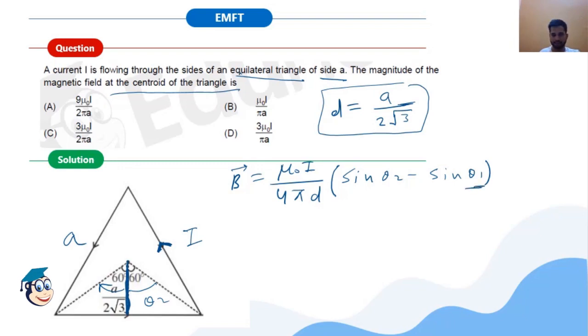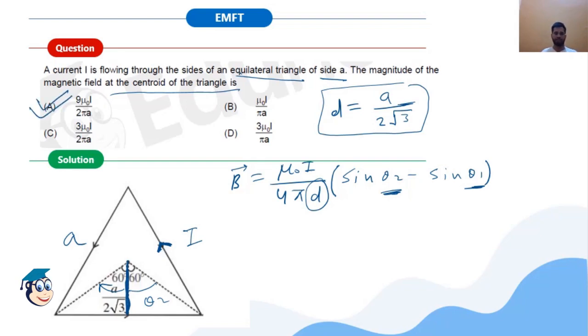You can easily put the values of theta, 60 and minus 60, and you are given that d is a over 2 root 3. Putting all those values, you can easily see that your answer will come out to be